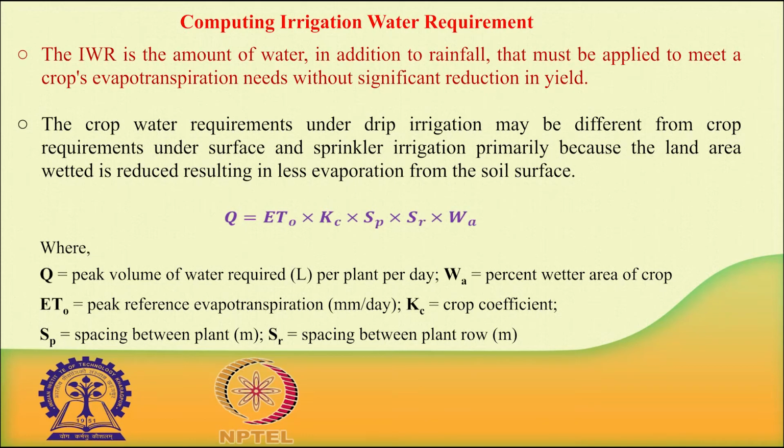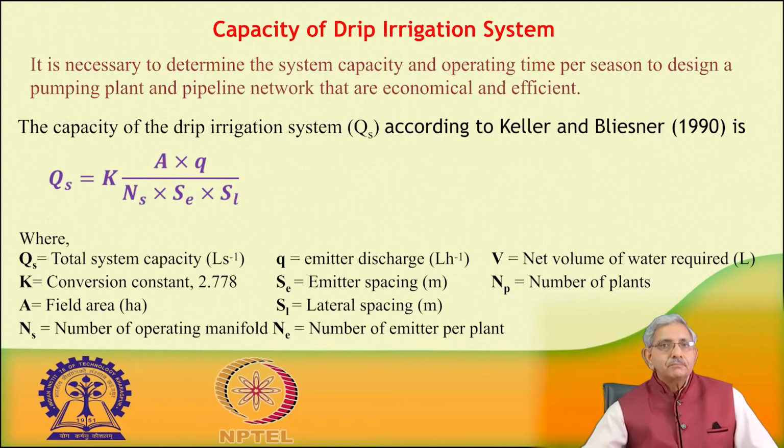So, this way, though it is written here as a reference evapotranspiration, we need to get the ET naught value for the peak requirement, when there is a high demand from the atmosphere. That will cause higher ET naught values, meaning temperature, solar radiation and wind are active. Also, the crop has no shortage of moisture, and it is at the full growth stage.